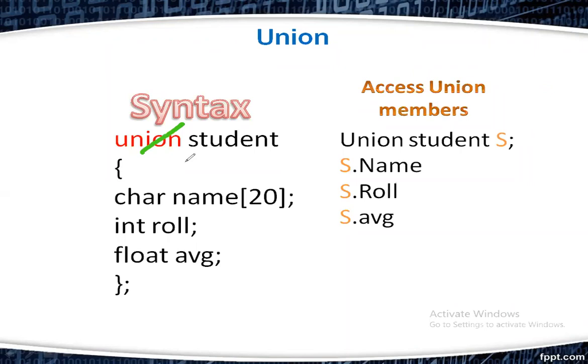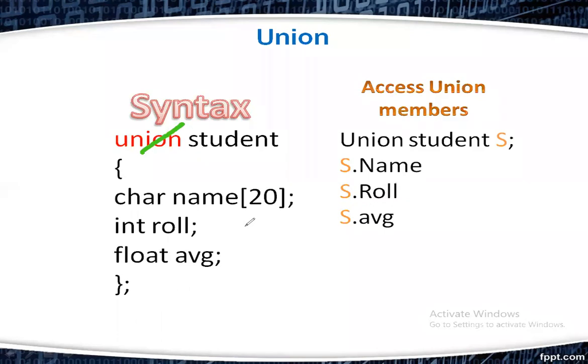First, let us verify what a union is. Here, union is just like the structure. Union is a keyword. Next, we have to give the name of the union. Here, the name of the union is student. Already you know how to declare the structure of a student, which contains name, roll number, age, average. Here also the same structure is allowed. All the fields are enclosed within an open brace and a closed brace, and it must end with a semicolon. So you cannot find any difference except the keyword.